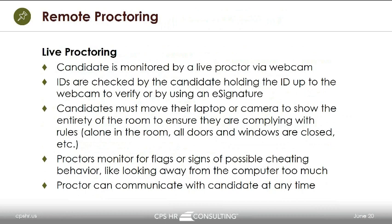They'll check walls typically to make sure that nothing is posted or written on whiteboards or chalkboards that shouldn't be there, anything that would cause concern for a candidate who shouldn't have access to outside materials. So I've definitely seen proctors who've requested that whiteboards be erased. They want to make sure that there's no computer equipment nearby that the candidate could be accessing or viewing, that there's no papers or files nearby, phones and other personal belongings are moved outside the candidate's reach, and are really generally scanning for anything